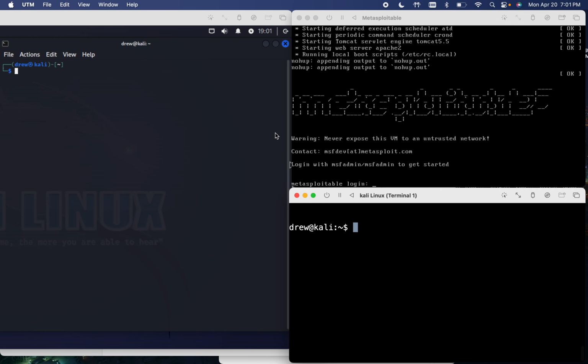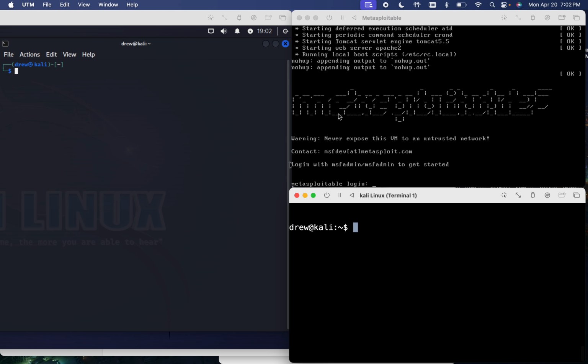So today I'm going to be making a video exploiting a backdoor in VSFTPD version 2.3.4. This exploit makes use of a backdoor in one of the FTP daemons. So on my left here, I've got a Kali Linux machine with the terminal pulled up, and in the top right over here, I've got a Metasploitable OS VM running, and then in the bottom, I just have an extra